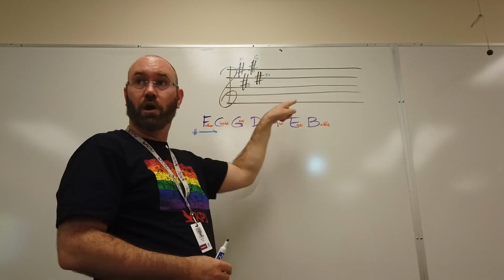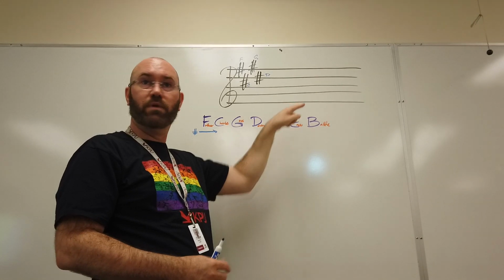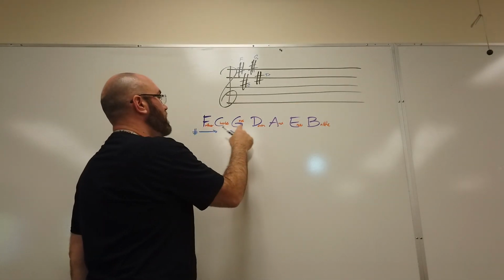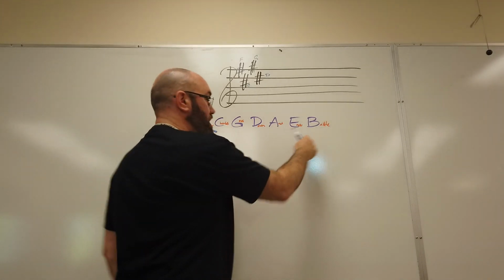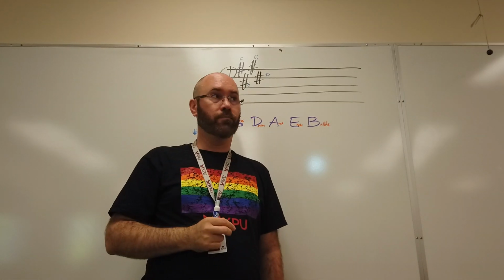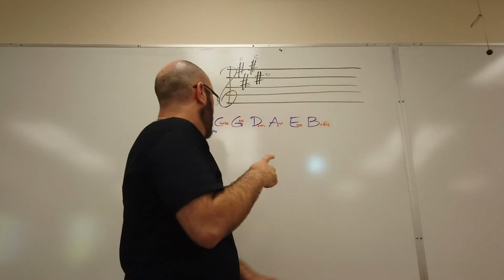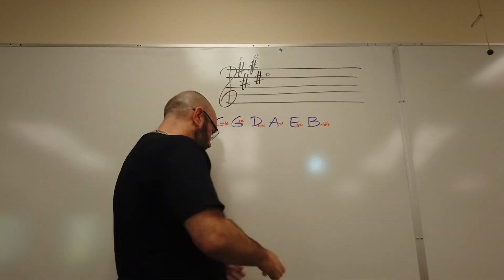So if you see 7 sharps, you don't even have to read them. It'll be 1, 2, 3, 4, 5, 6, 7. And it will be F, C, G, D, A, E, and B in that order. This never changes. Now, the other thing it tells us,